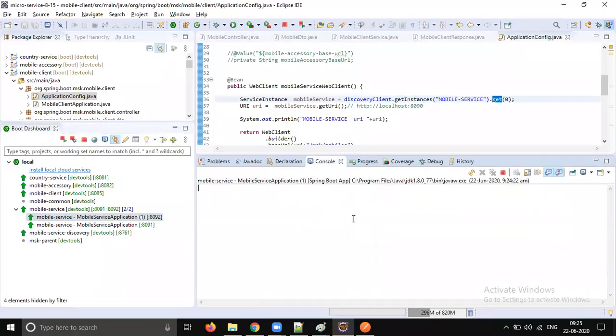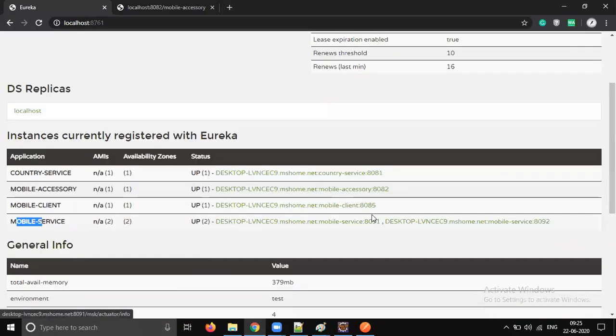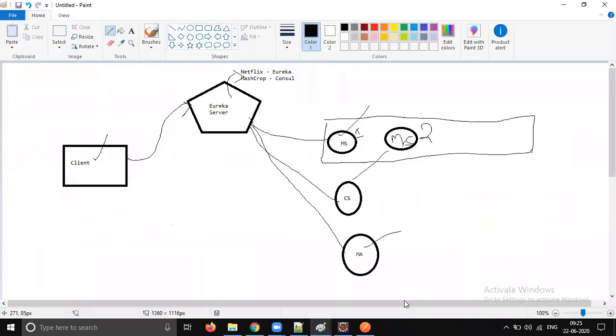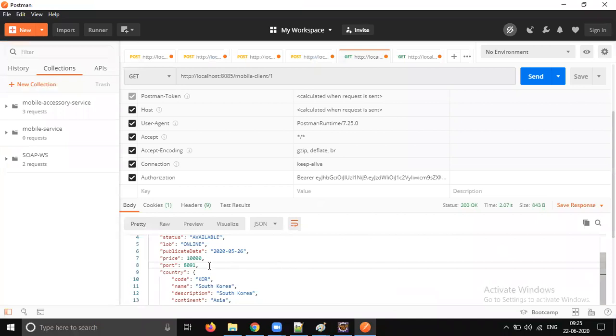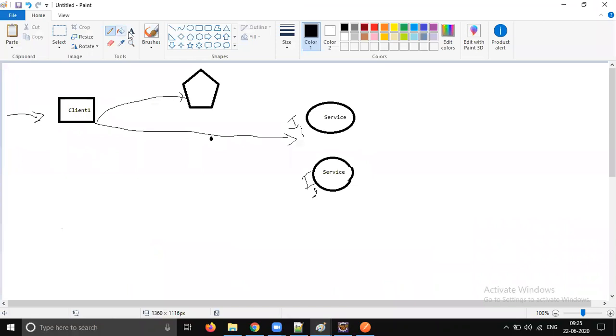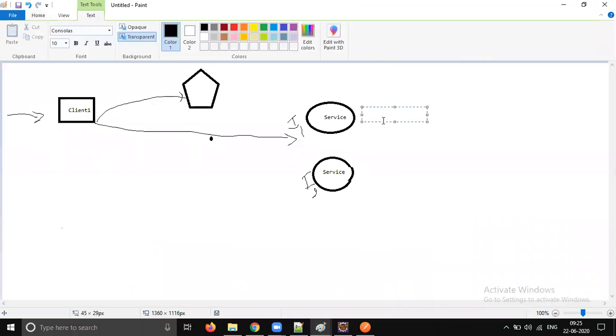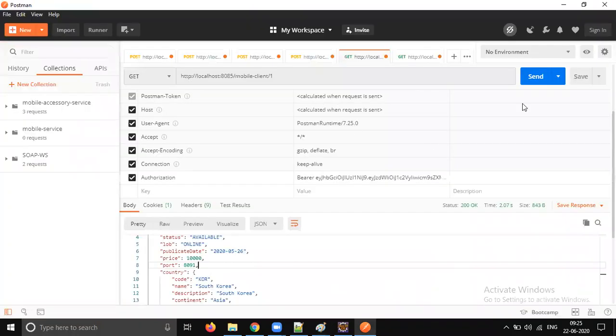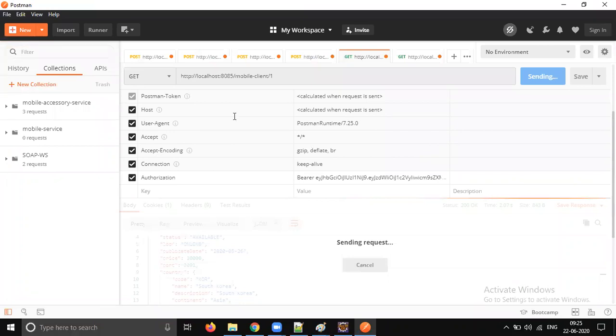You will get only one service giving the response. Send a couple of requests. This one is running on 8091, the second one is running on 8092, but we are not using that. We are doing get of 0. How many requests I am sending, it doesn't matter.